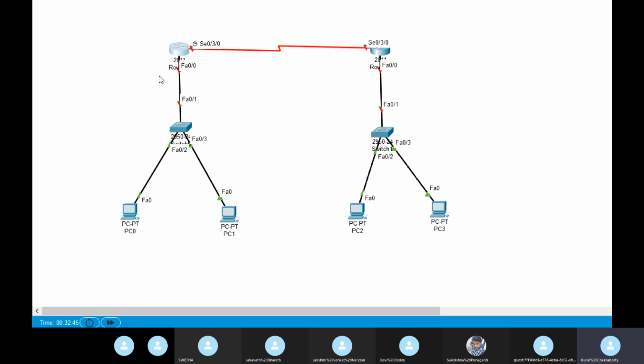16 means... 12. 28. If 16 clients are there, what will the CIDR be here? /14. 16 clients, /14 only? That is what I am asking. 14 or what? So that is what I am asking.